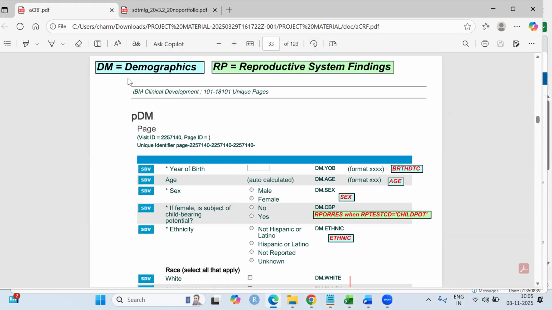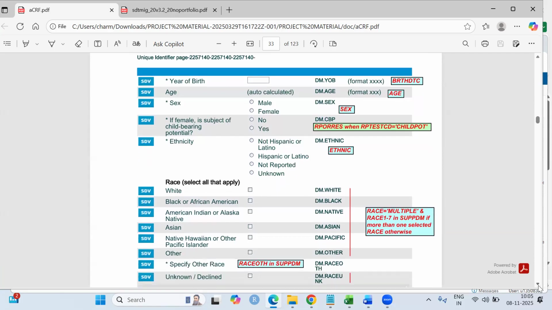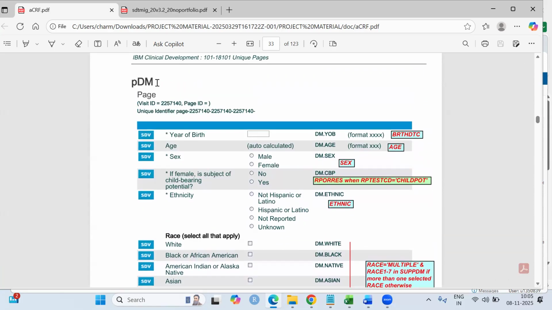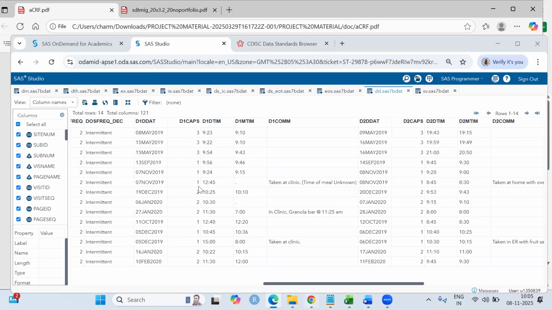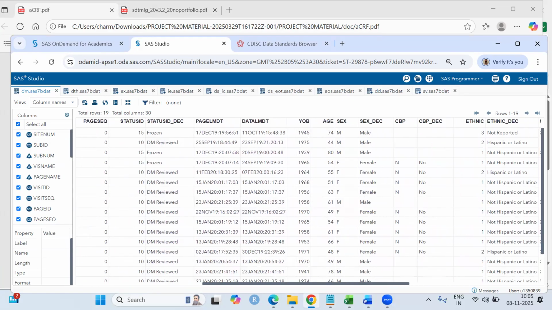In this page, you have the DM page. This is the exact DM page, which has all the main SDTM DM variables captured here. That is your birth date, age, sex, ethnicity, race, and so on. So all this information is being captured in your DM page of the dataset. Right now, this is the DM raw dataset. And in this page, you can see you have the